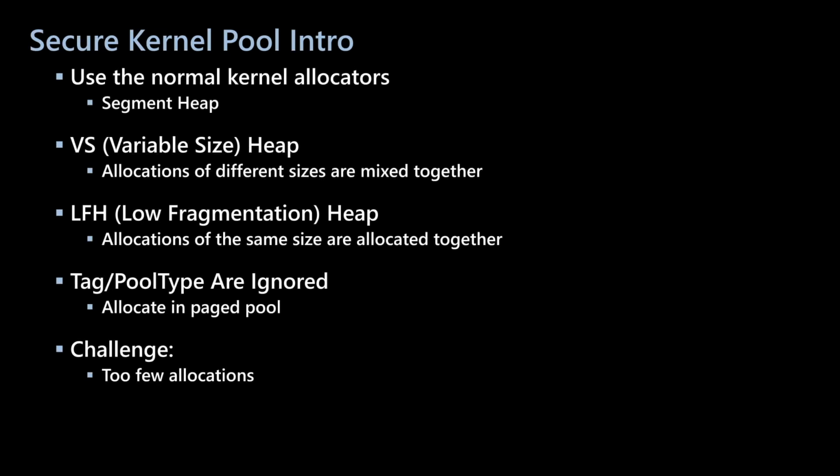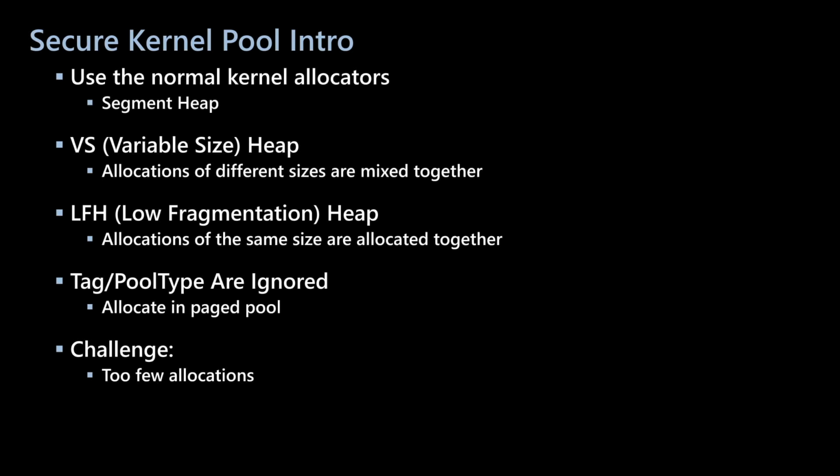I have mentioned SecureKernel pool. Now let's take a closer look. SecureKernel uses segment heap, which is typically comprised of variable size heap and low fragmentation heap. In VS heap, allocations of different sizes are put together side by side. In LFH heap, allocations of the same size are put together, and allocations of different sizes are separated from each